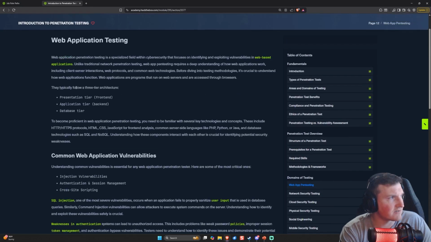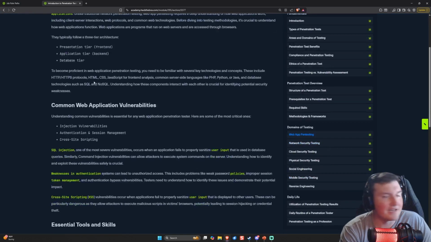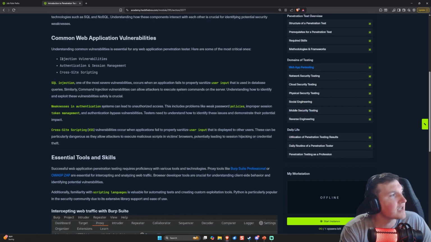Web app pen tester, right? You should know there are three typical layers, right? Front end, back end, and database. Usually you hear developers say, I'm a front end developer, I'm a full stack developer, etc. That's what they're talking about. Common web app